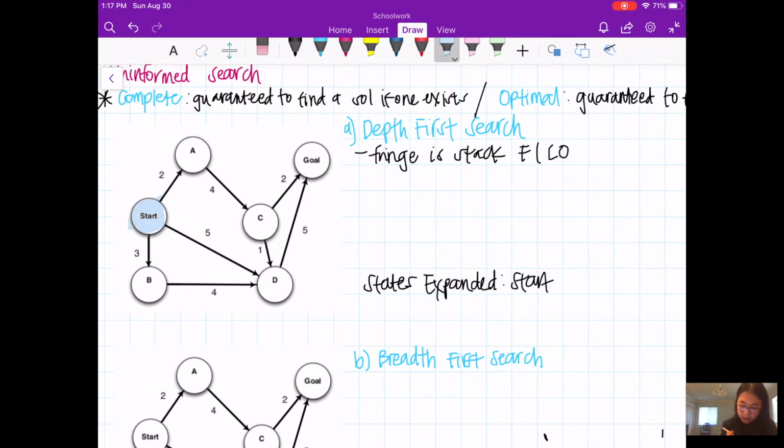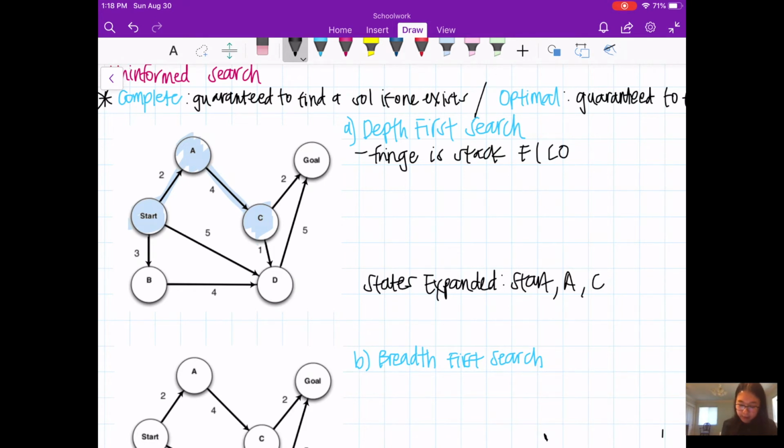Next, the children that start has are A, B, and D. Since we're going by alphabetical order, we want the first one alphabetically, which is A, so we expand to A. Even though B and D were the other children of start, since we're doing depth first search, we continue going down the branch of A first. The only child of A is C, so we expand to C.